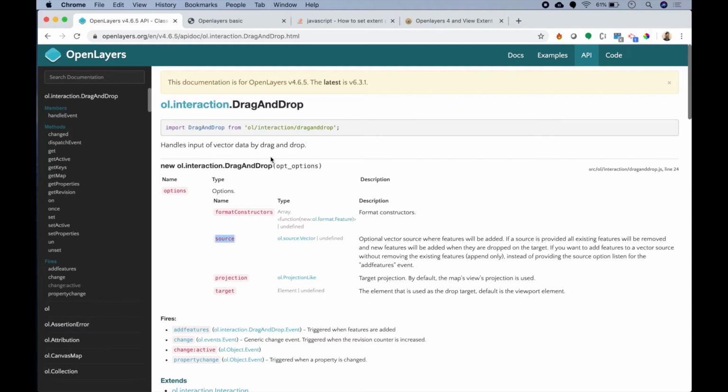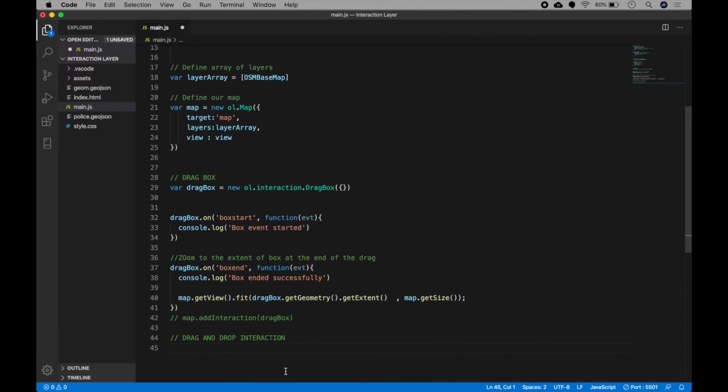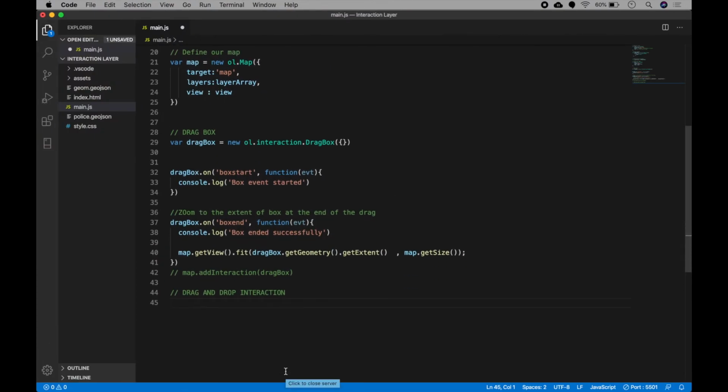So one thing that you will notice is that what we are trying to do with this drag and drop is adding data such as GeoJSON or KML to our map by simply dragging and dropping it. That means we will at least need a source and a layer present on the map already in which we will add new features, right? So our first job in drag and drop is to create those layers and sources.